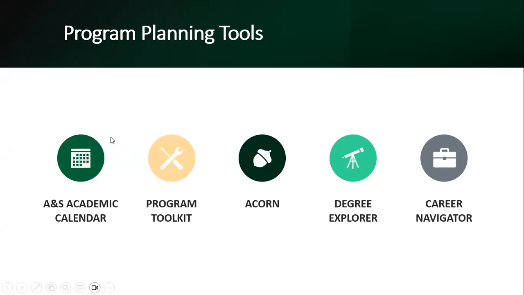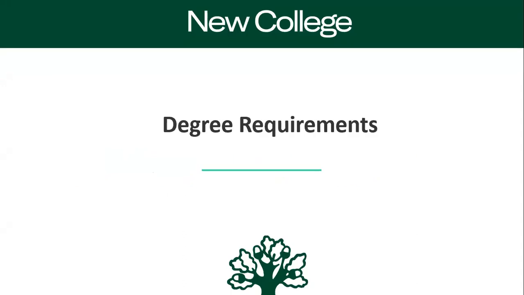All right, now that we've gone through the different program planning tools, it's time for us to talk about degree requirements and how they're tied with the programs. All degrees awarded by the Faculty of Arts and Science require and are defined by the programs of study a student completes as a degree requirement. These programs identify the subject areas the student has pursued and completed.